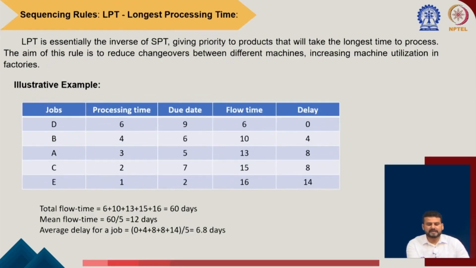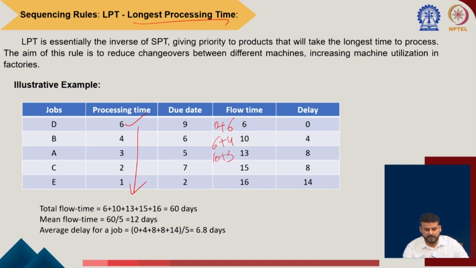Another sequencing algorithm is longest processing time, just the opposite of that. That means the longest processing time will be processed first. This is how you have arranged this in the descending order. So again, flow time you can calculate, simple: 6, plus 0, plus 6, 6 plus 4 days required for B,